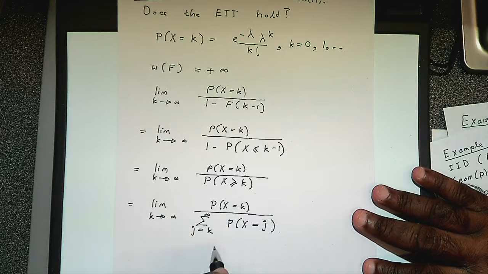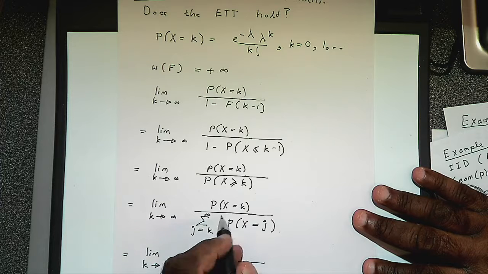Okay, guys. So I have written the probability that x is greater than or equal to k as the sum of the probabilities from k to infinity. Okay. Now you see why I have done this. You will see in a minute why I'm doing this. Now this guy here we know is E of